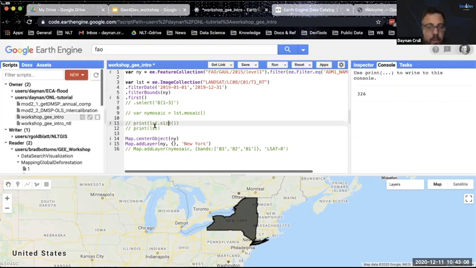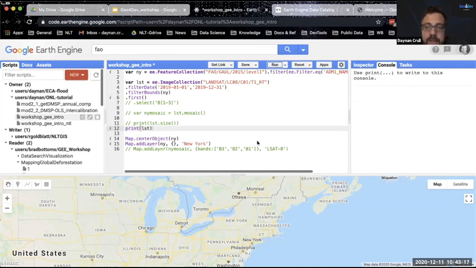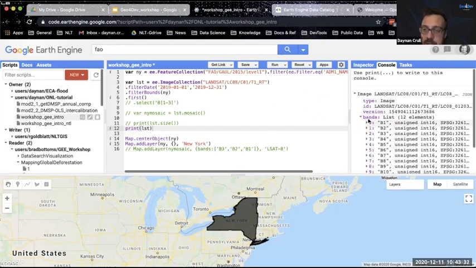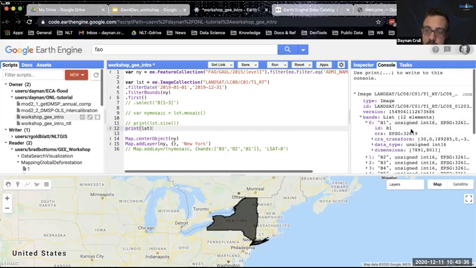And when I do that, what I can actually do is print out information on this object. And this might be helpful for you if you're looking for metadata. This might take a few moments when it's filtering. But okay, so you can see in my panel here, we have the image collection name. We even have the name of the particular image that we're looking at. This happens to be the first image. We see that there are 12 bands. You can even go in and see the coordinate reference system and the dimensions of the data in that band.